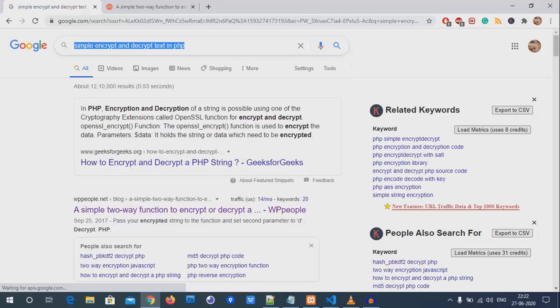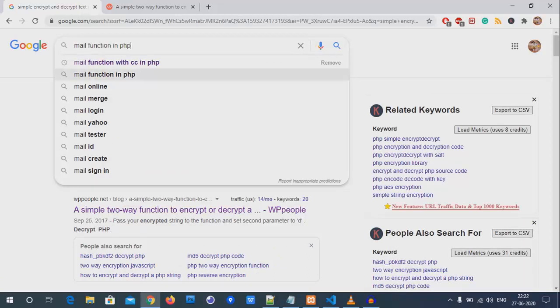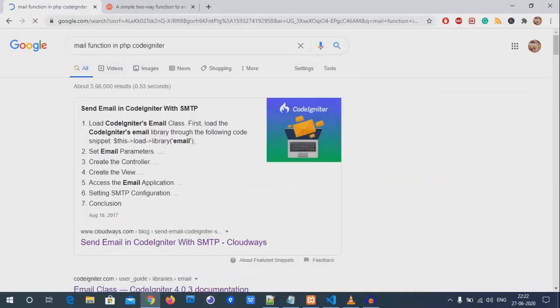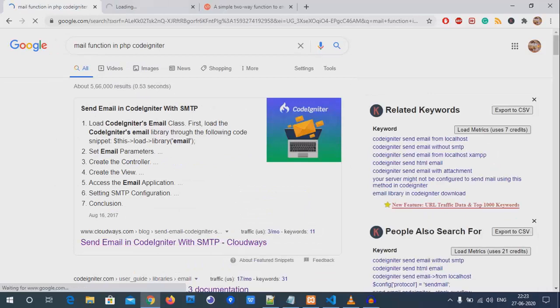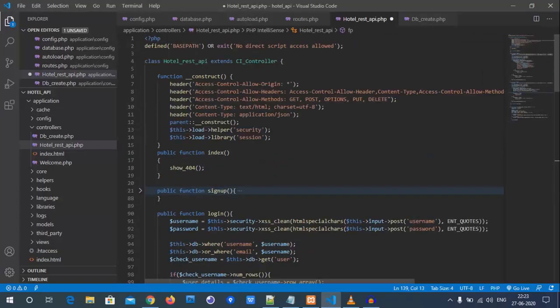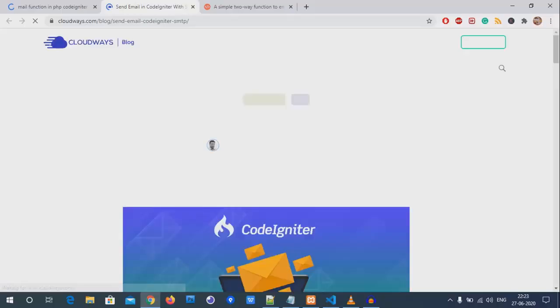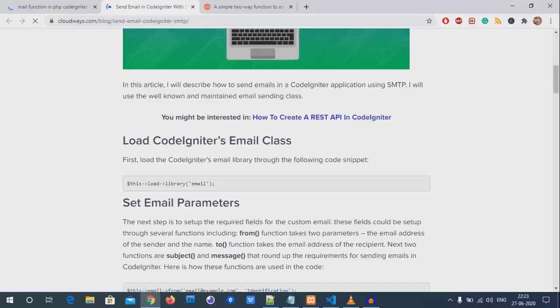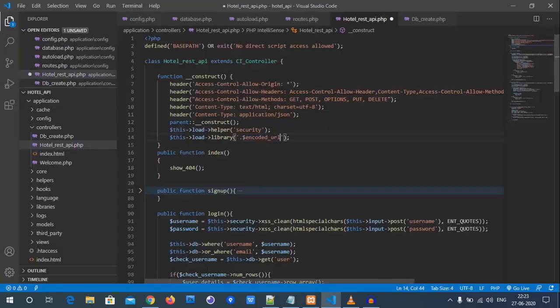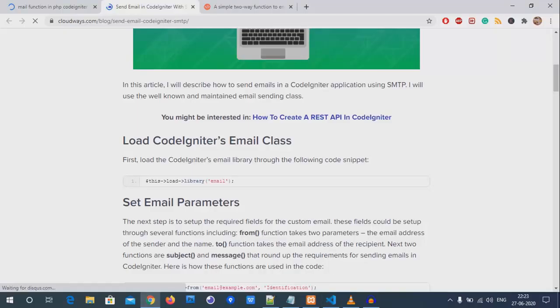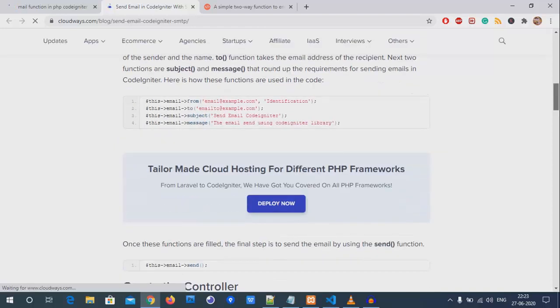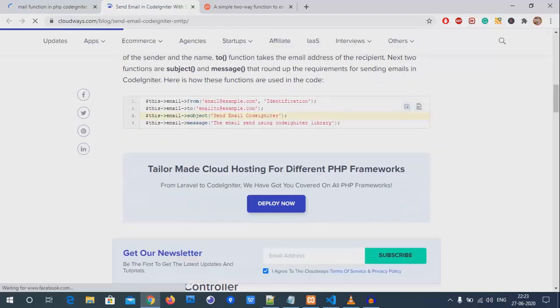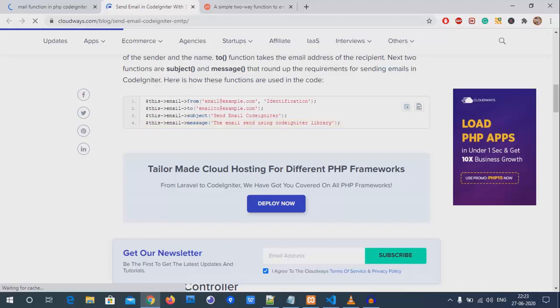So how will we send it? The forgot password url is nothing but my base url, then our controller name, then the method name reset fp. This is the function name which we have not yet created, but we will create it now: public function reset fp.